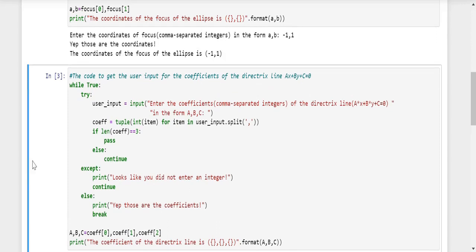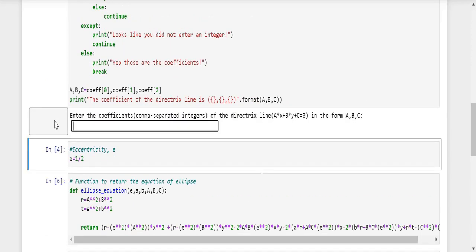After that, the next cell asks the user to give the coefficient of the directrix line equation, that is ax plus by plus c equal to 0. So the user will have to give the coefficients a, b and c. So I'll execute this cell also. So let's consider the coefficients to be a equal to 1, b equal to -1 and let's say c equal